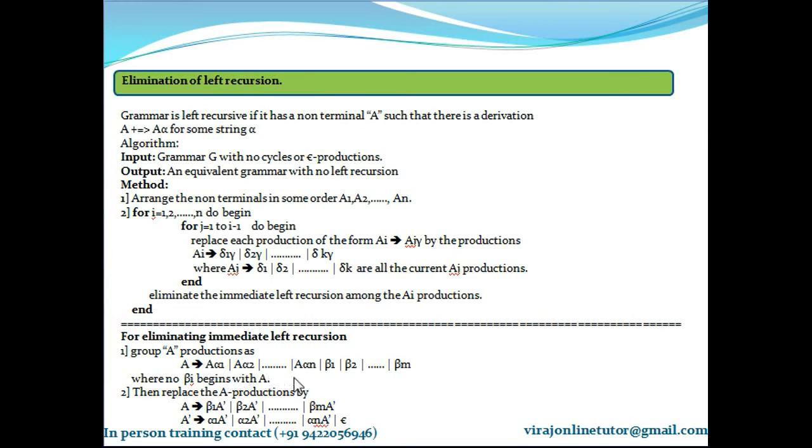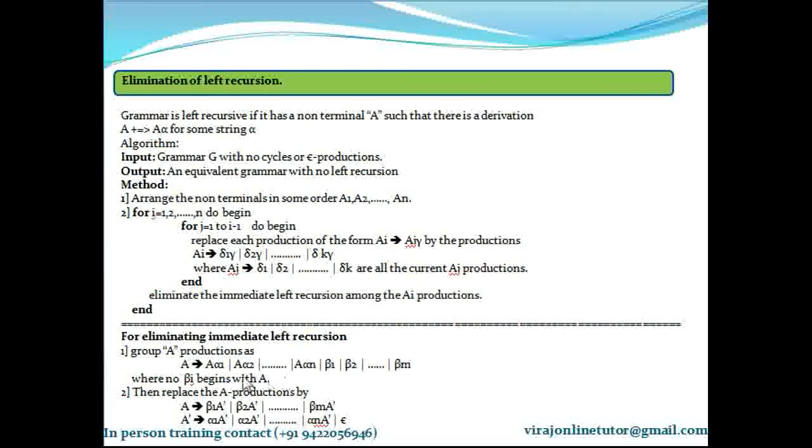So in this example, can you all tell me whether this is left recursive or not? The leftmost symbol on the right hand side here is capital A. Is it exactly the same as the capital A on the left hand side? Yes. That's why this production is left recursive. The leftmost symbol in this production is capital A, which is exactly the same as capital A on the left hand side of the production. So this production is also left recursive.